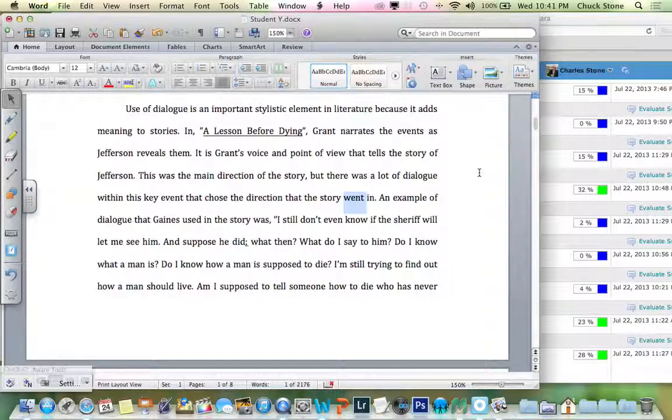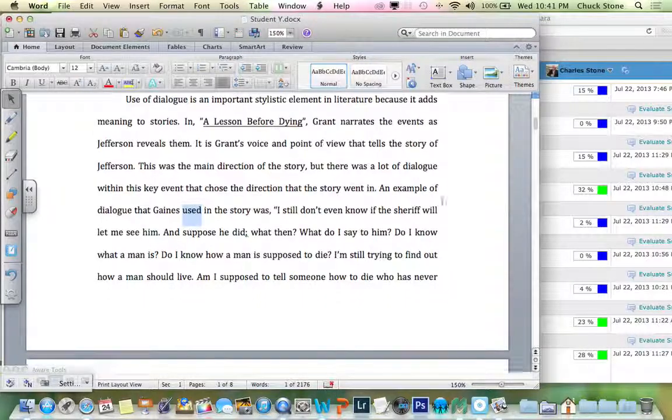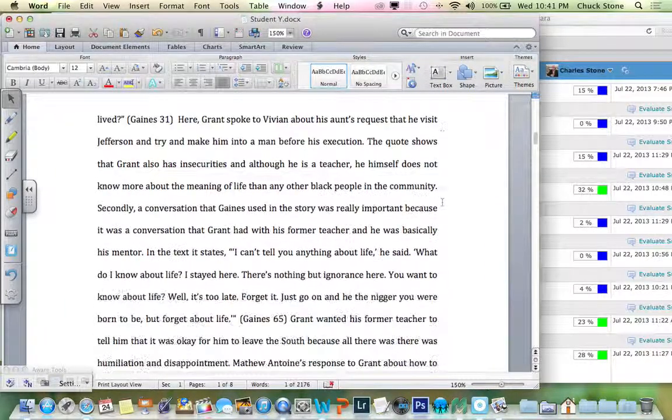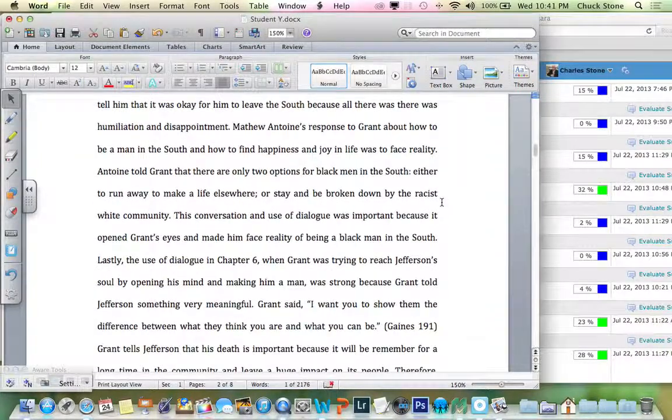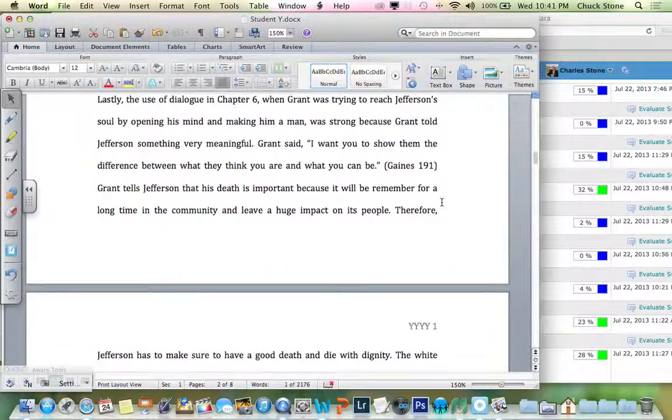Again, stay in present tense. Stay in present tense. An example of dialogue that Gaines uses in the story was, "I still know," and so on. There is much of the same here. A lot of good thoughts, simply